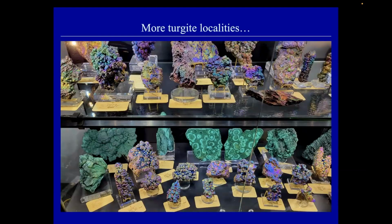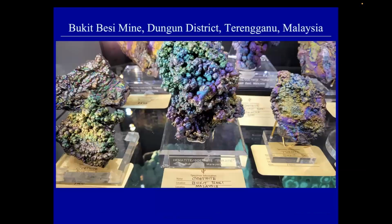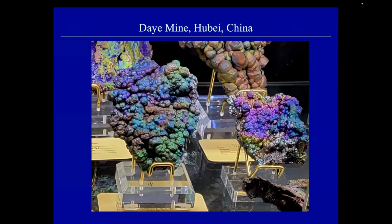The consensus is they probably are real. However, there were so many other turgite specimens from other localities in Tucson this year. It was a little troubling. And here's one room alone with 2 different localities represented. On the top shelf was the Burkett Bessie location in Malaysia, which is an iron mine, with very, very vivid iridescence. And on the same display was from the Dai mine in Hubei, China, similar